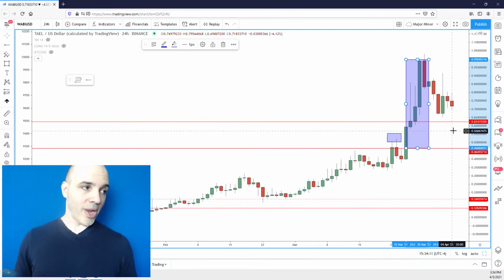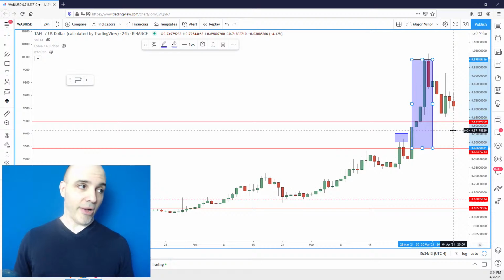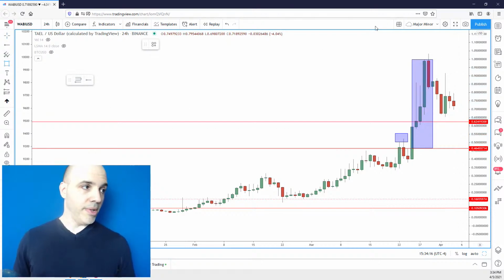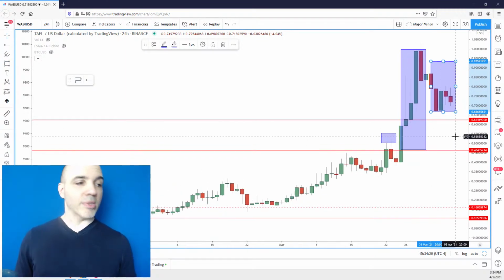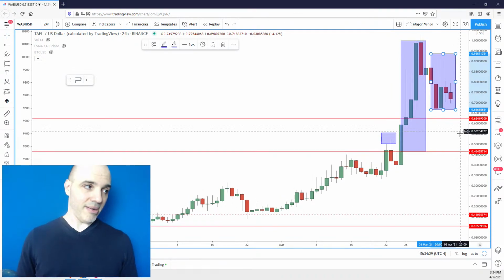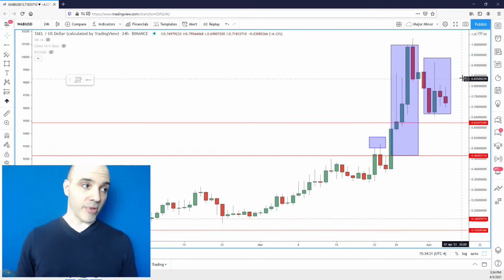Now, in this situation, I wouldn't touch this thing now, right? You're in consolidation mode. Let this thing consolidate a bit. If you want to buy these, again, these are not the best candidates for swing trades. You have to plan on holding them for a while. So if you're going to do that, I would look for attractive levels at least.